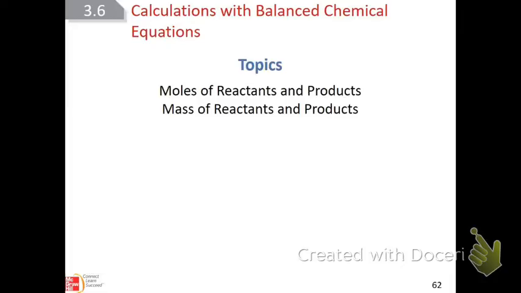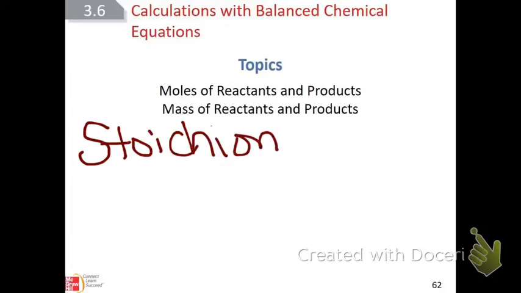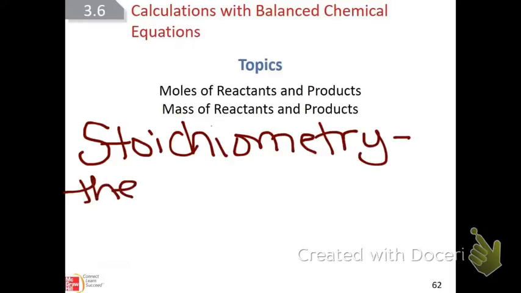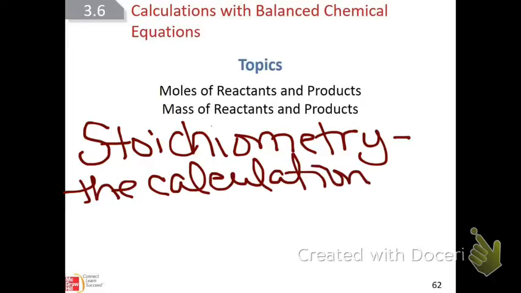Now we're going to see why we had to learn that. This is the practical application of this, and what we are actually going to be doing is termed in chemistry stoichiometry. So these calculations are called stoichiometric calculations, and this is a word that you need to know. Stoichiometry is called the calculation of quantities